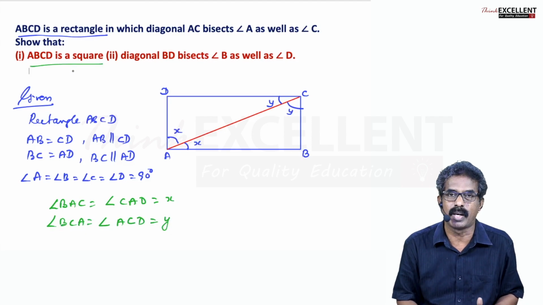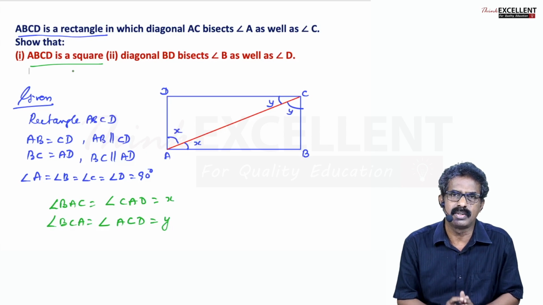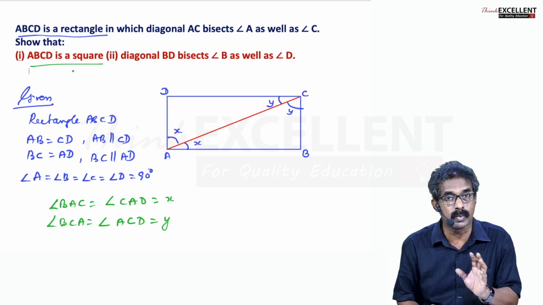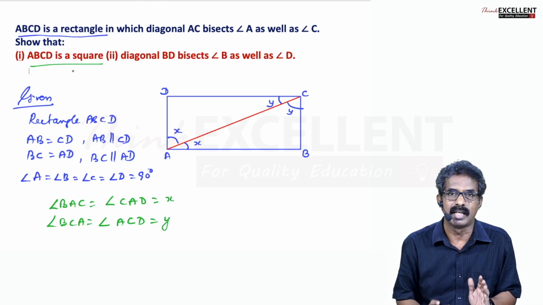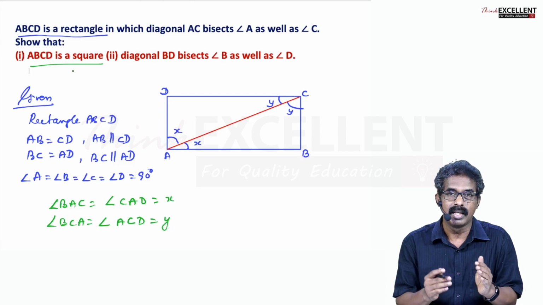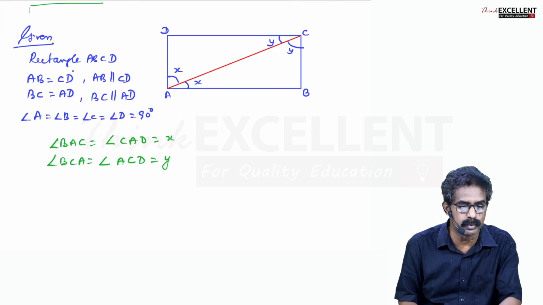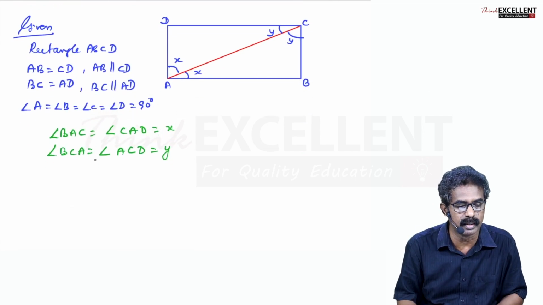So to prove the first part, ABCD is a square. When can you say a rectangle is a square? In a rectangle only opposite sides are equal, but in a square all the sides are equal. The angles are already 90 degrees, since each angle of a rectangle is 90, and a square also has every angle 90. Now it is enough to prove all the sides are equal. We know opposite sides are equal. Now we prove the other sides are also equal, all four lengths equal. Now please listen how to do this.